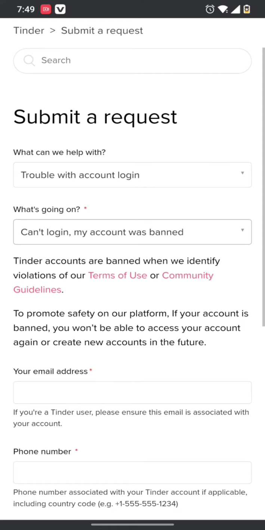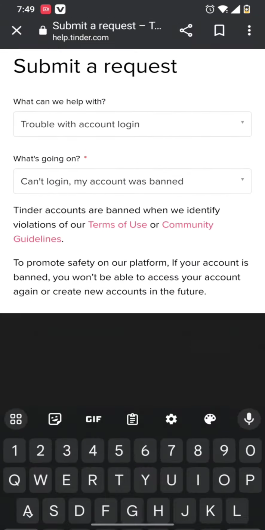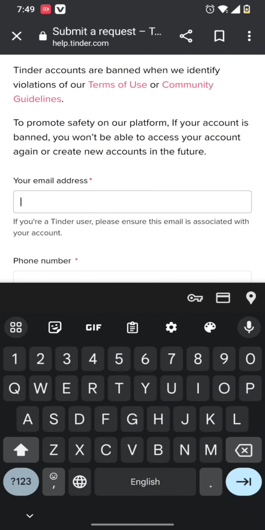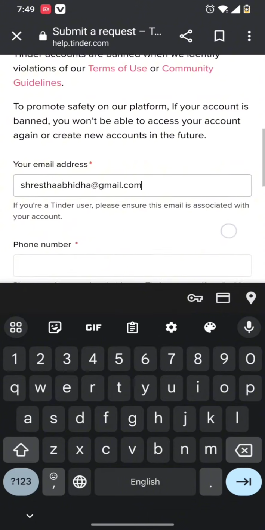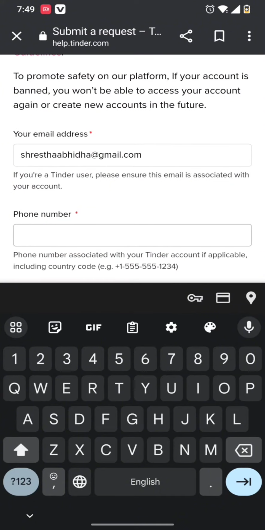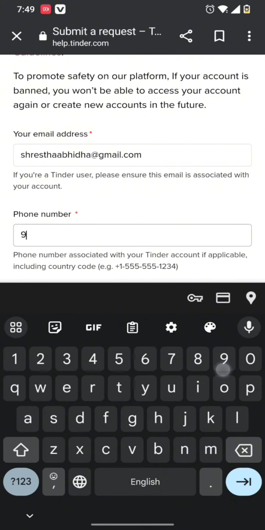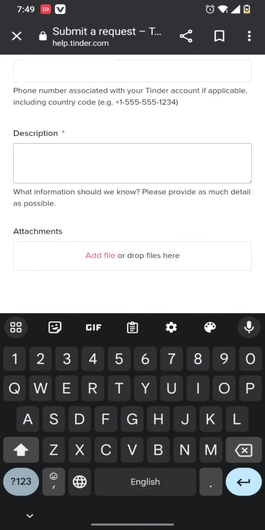So once you do this, you need to now enter your email address. Then once your email address is typed, you need to type in your phone number as well. So once both the credentials are filled, all you need to do is to type in the description